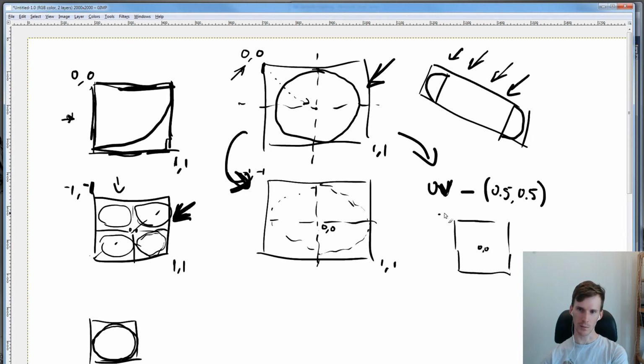Halfway between 0, 0 and 1, 1 is 0.5, 0.5. What this does is move our shape to appear in the space from -0.5, -0.5 to 0.5, 0.5.